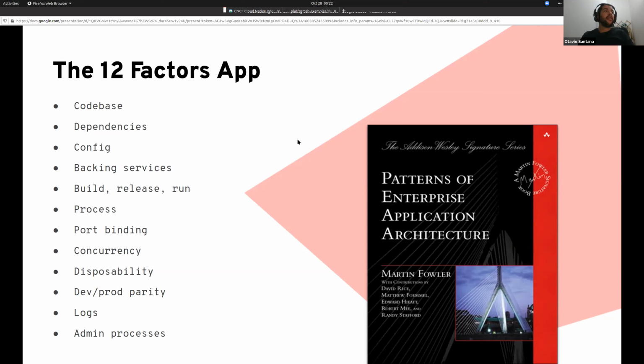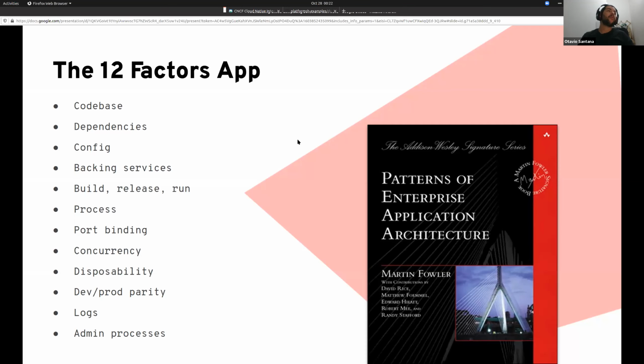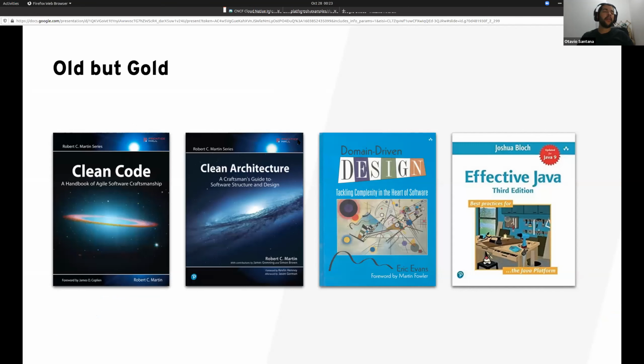Okay, this 12-factor application was inspired by this book here on my right, Patterns of Enterprise Application Architecture by Martin Fowler. And the 12-factor application was created by Heroku. That means that's even before cloud native, right? So I guess this book is even from before the cloud became popular. That's one rule, old, however good. So it's important to follow and to read this book and these 12-factor applications. Okay.